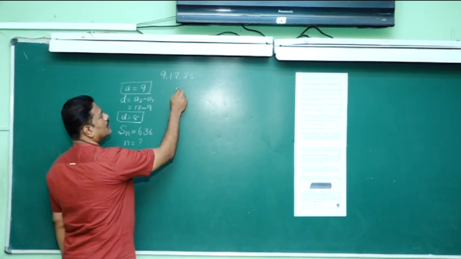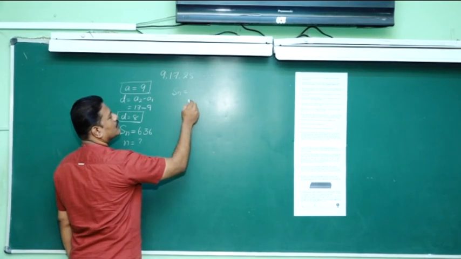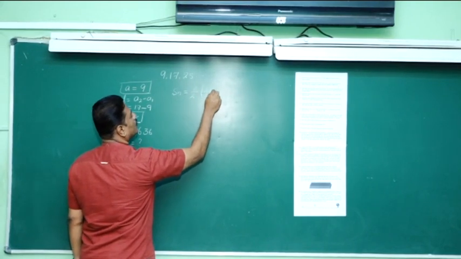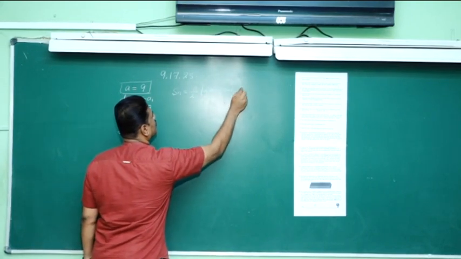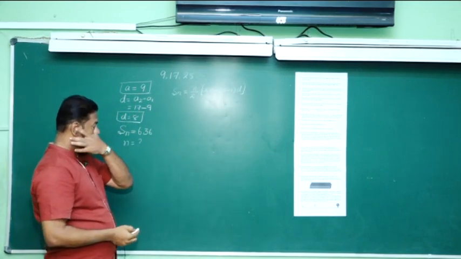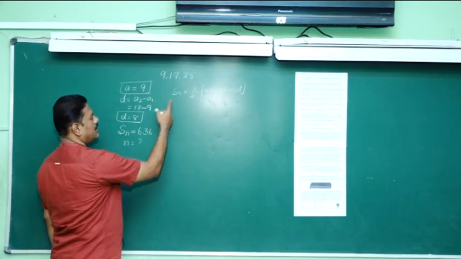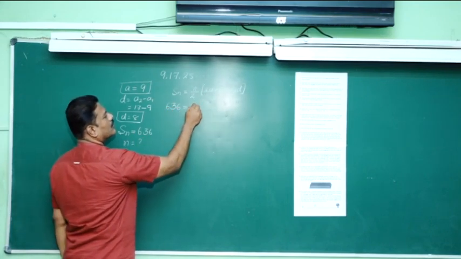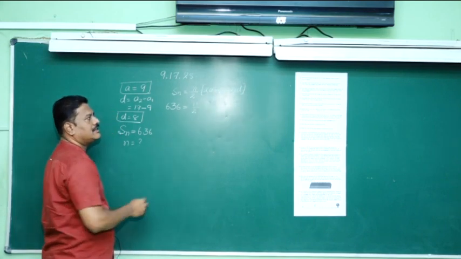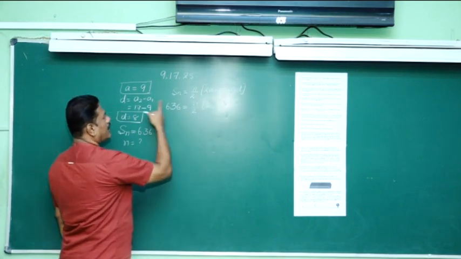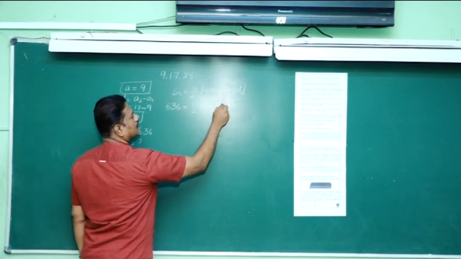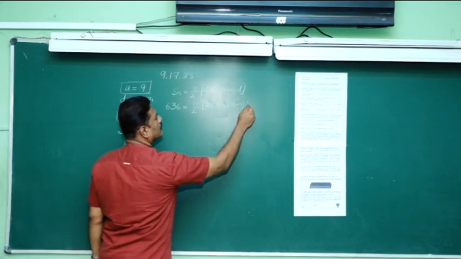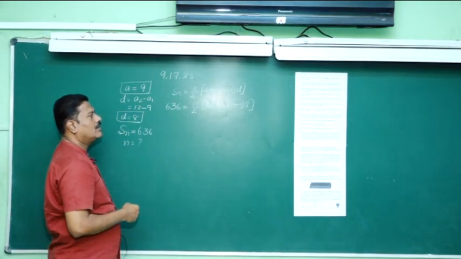So I know the formula to find the sum to n terms of an arithmetic progression, that is Sn is equal to n by 2 into (2a plus (n minus 1) into d). Okay, we substitute the values in their respective places. In the place of Sn I write 636. n I don't know, I have to calculate, so I write n as it is. 2 into a means 9, I substitute here. n I write as it is, but d is known, 8, so you write 8 in the place of d. Now simplifying,